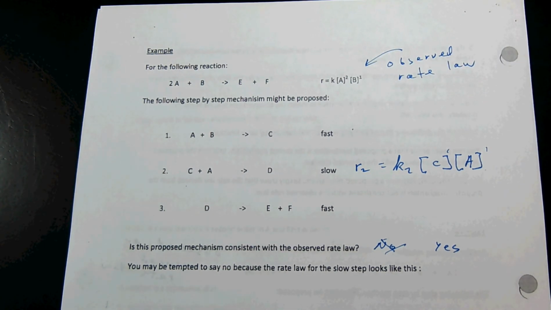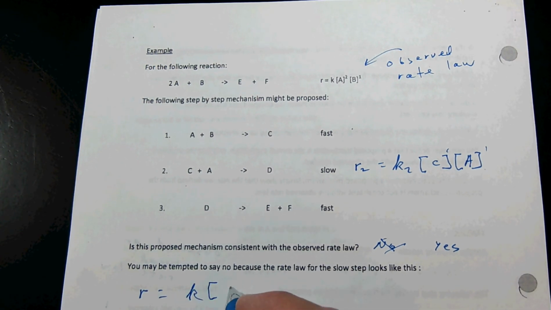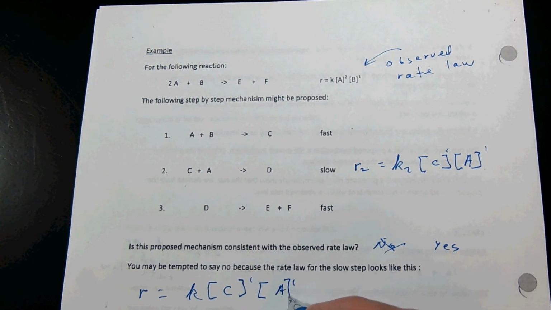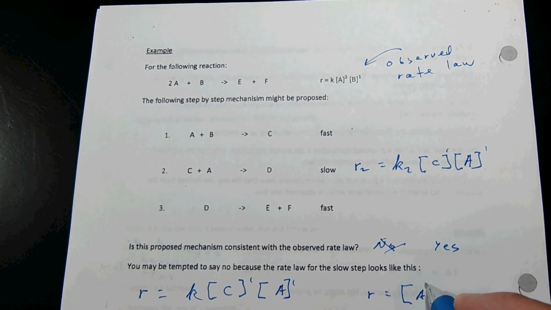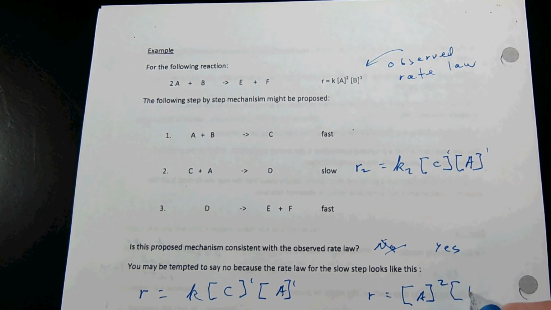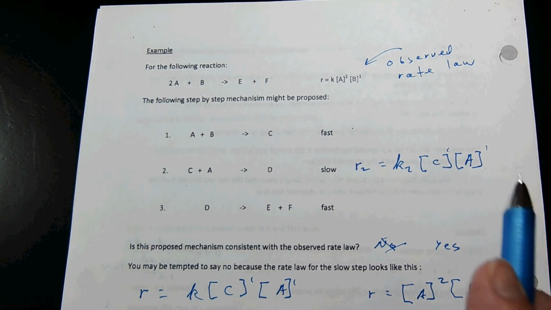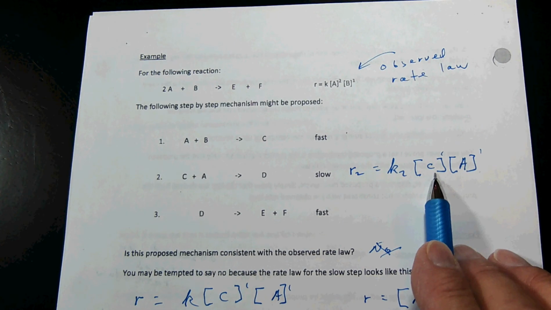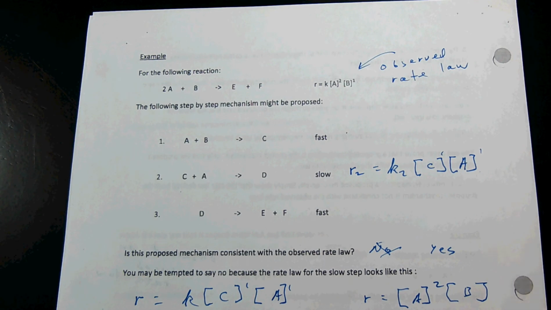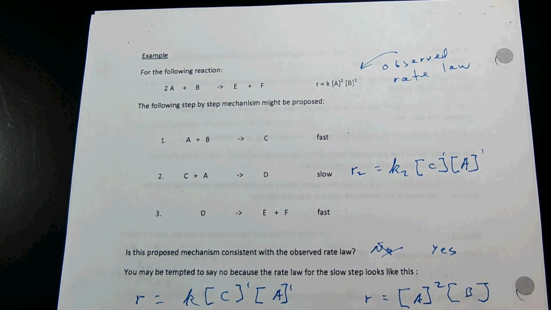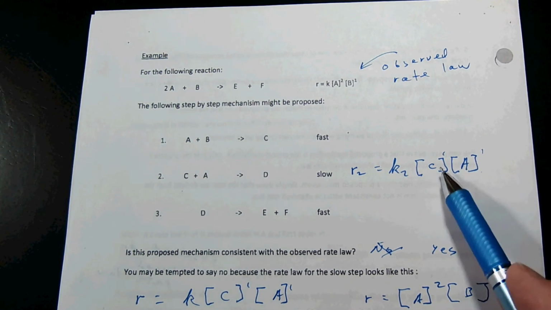And you might be going, wait, how can I say that? How are you saying that? Rate equals K C to the first, A to the first is somehow the same as rate equals A to the second times B. How are those two the same? Well, here's the deal. This rate law, the one we took from the mechanism, is expressed in terms of the concentration of an intermediate. It's really important to recognize intermediates. So this intermediate